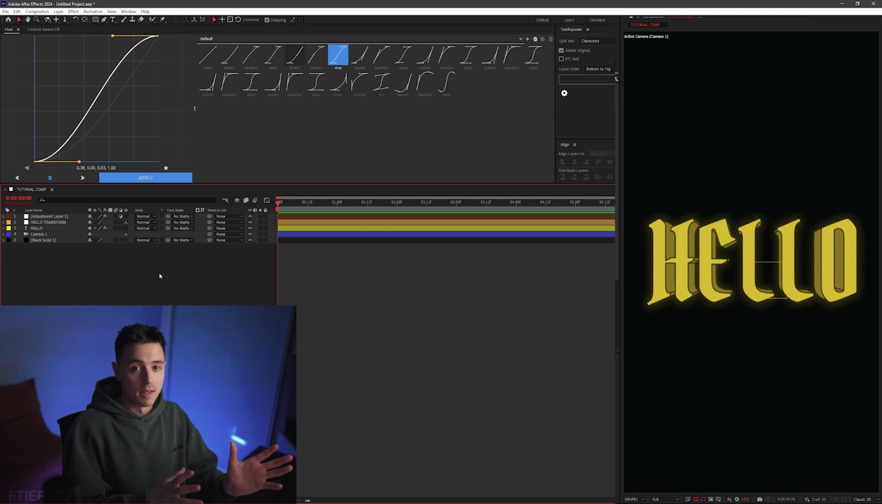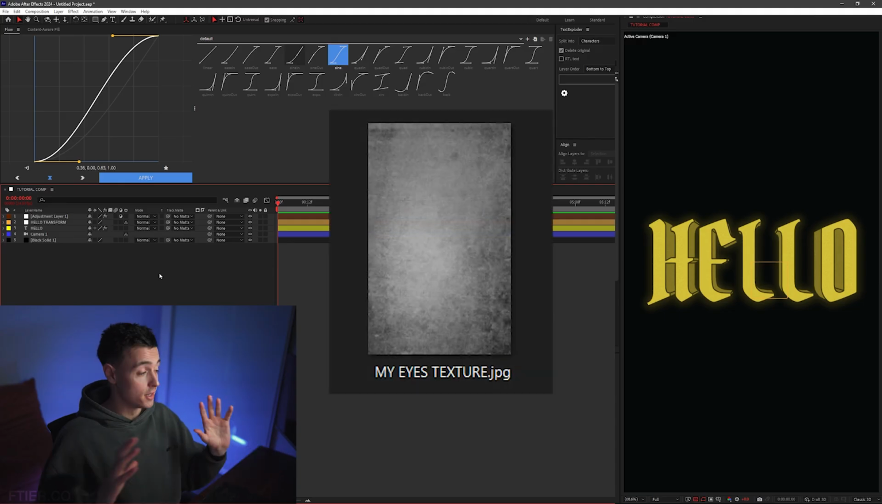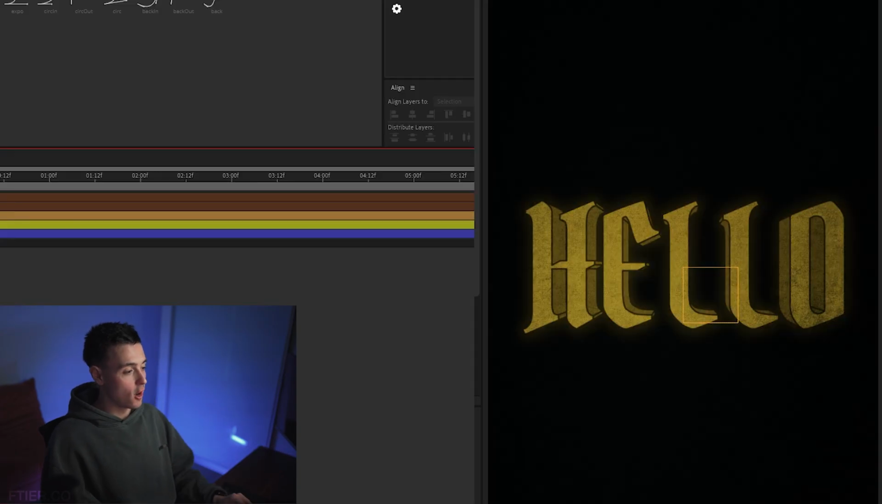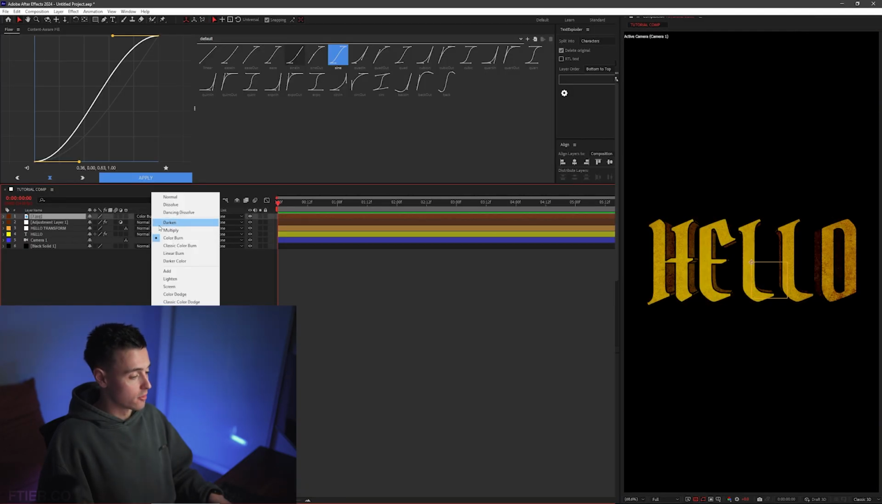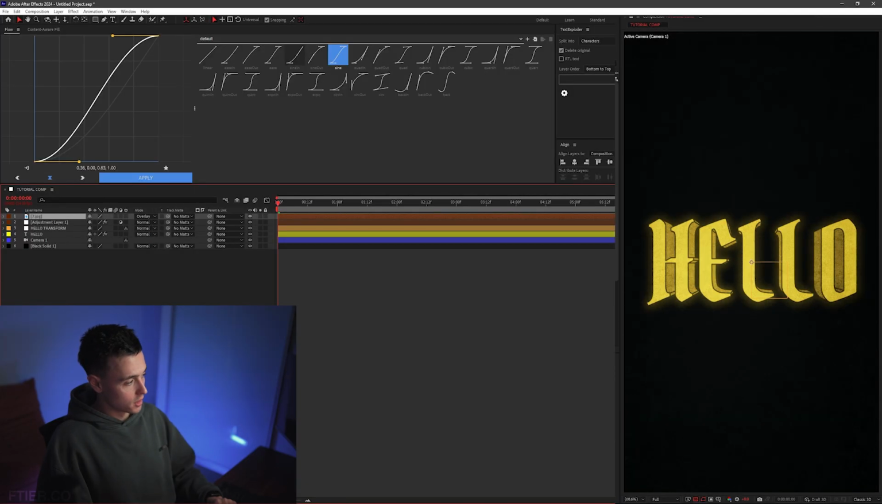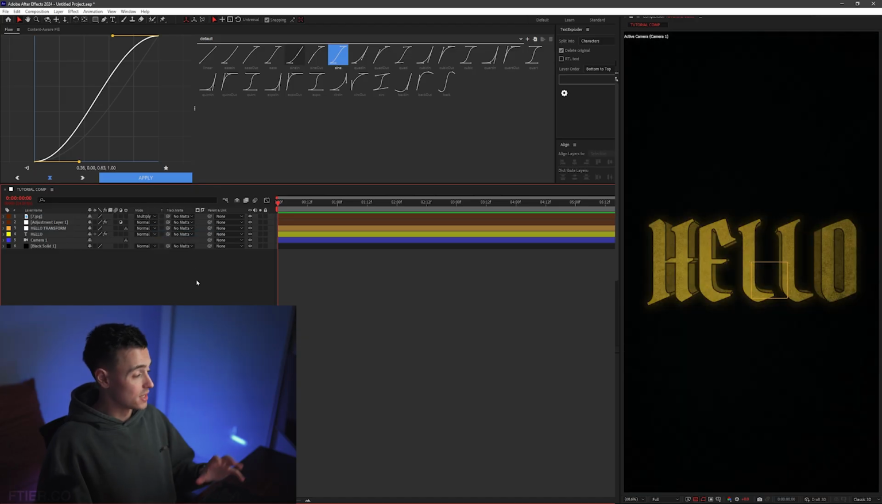Now you guys can find this in the pack. It's called the My Eyes texture. It's the one I use for this edit. If I just turn it off and on, you can see it's given the text that grittiness. By the way, this texture is on blend mode multiply. You can try a couple of different blend modes. Overlay even looks really good, but I have mine on multiply, and you can see it's made the text look